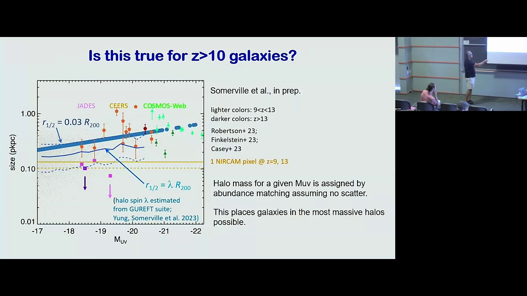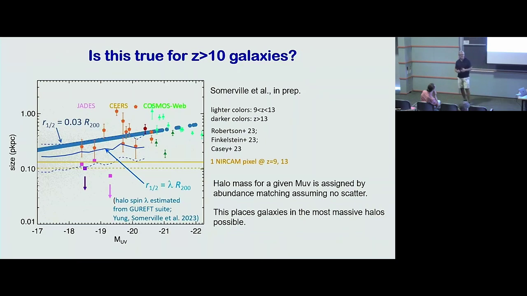And you can either assume that the size is proportional to the virial radius with the spin factor, which gives this blue line, or just a constant 0.03. These are these points. And you can see that they roughly match observed sizes, right? So again, this type of proportionality seems to work. So it all seems to fit together, except this model assumes that there is no scatter between UV luminosity and